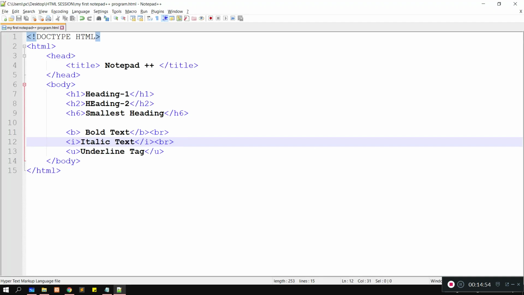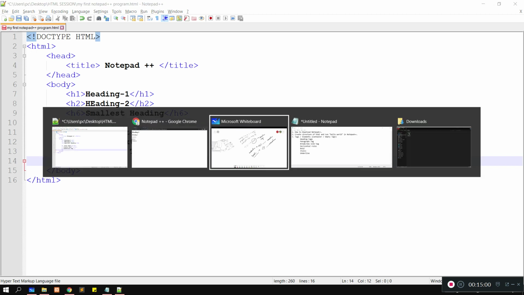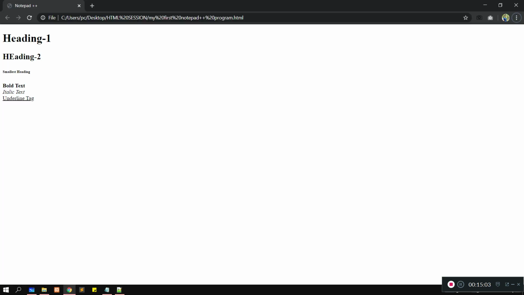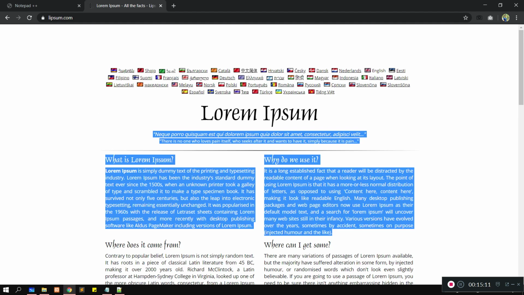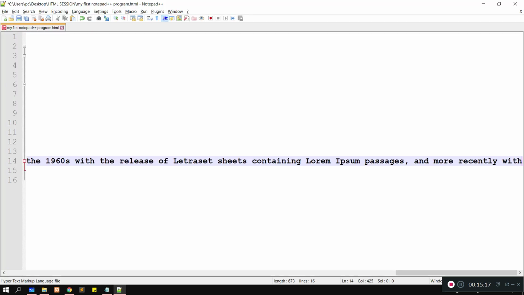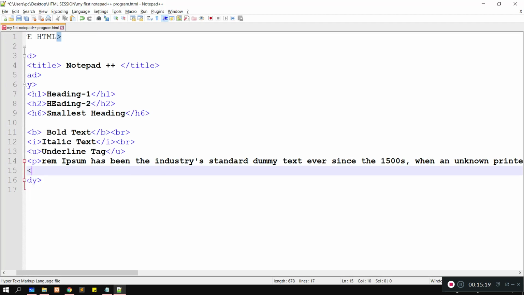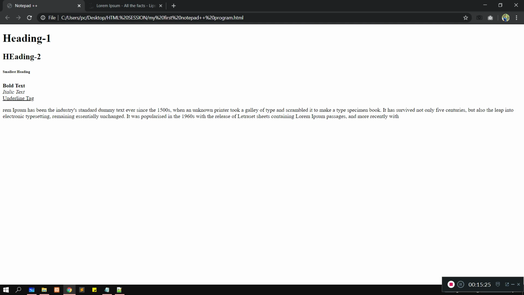Now we are left with the paragraph tag. You can simply write any text. Let me take a dummy text. Okay, so this is our h1 heading, this is our h2, and this is our h6, the smallest heading.